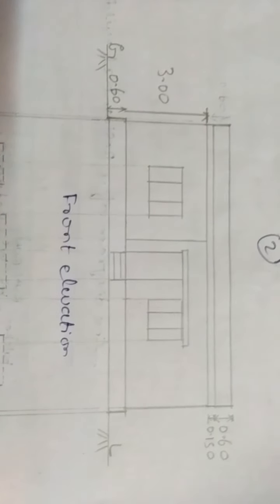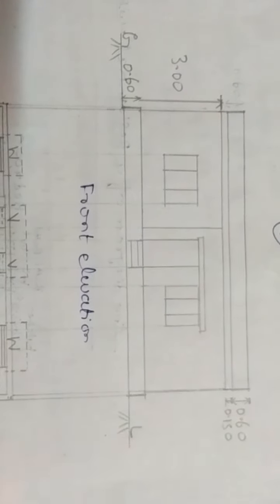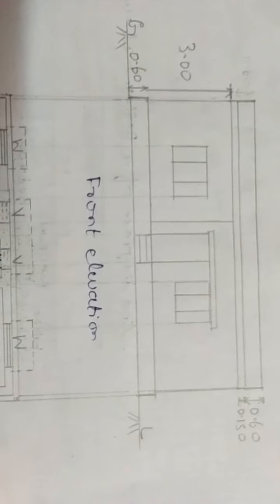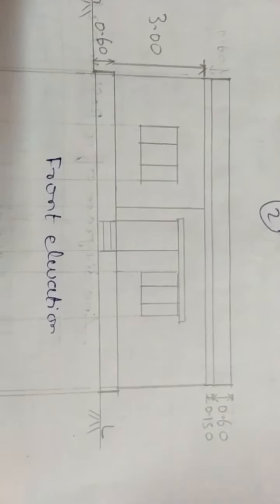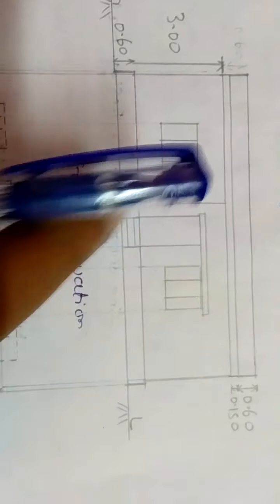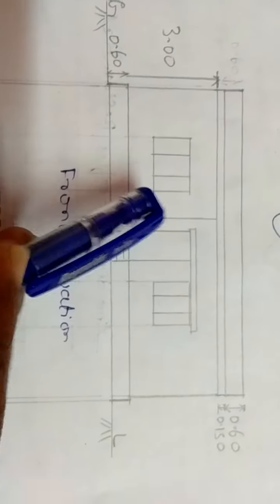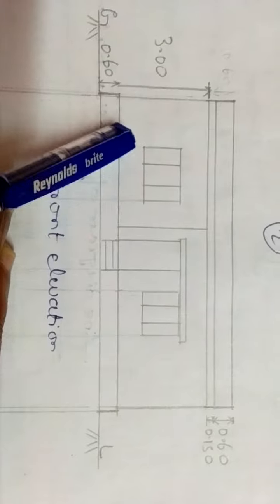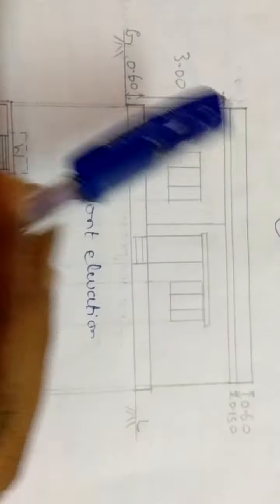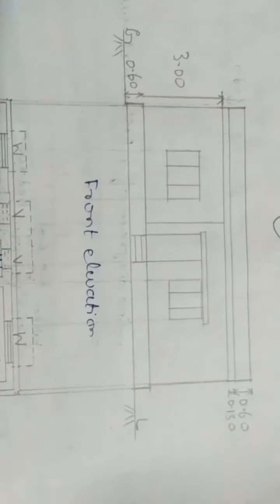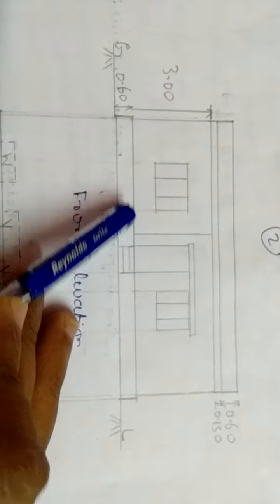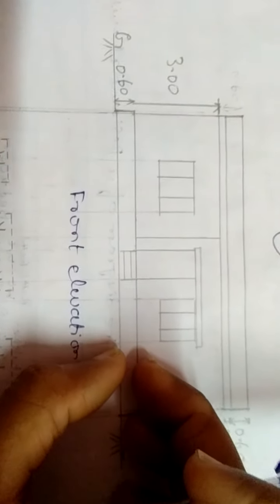That is given to avoid the entry of rainwater, sewage water or dust coming from the adjacent road into the building. That is why we give the plinth level, or plinth thickness. Above this plinth, this line is called the floor level, because it is the floor on which we walk, we sit and perform various activities. So this is the floor level and this is the ground level. This is called the plinth thickness.